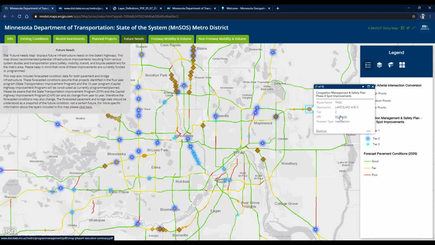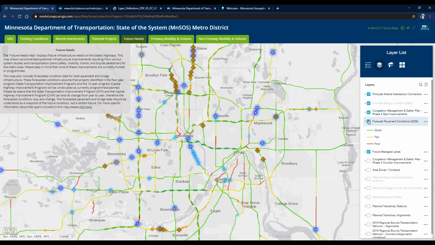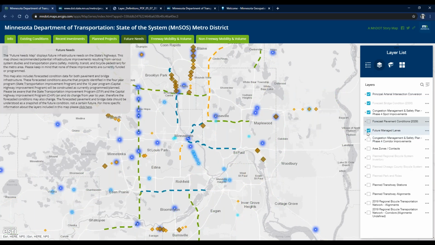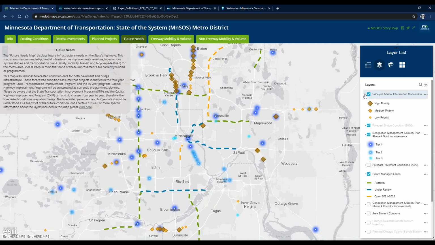And then as far as future projects, the diamonds are from the Principal Arterial Intersection Conversion Study. And so those are places where studying has been done about whether or not those would be good candidates to turn into grade separated interchanges. And then with these dotted lines, these are our future